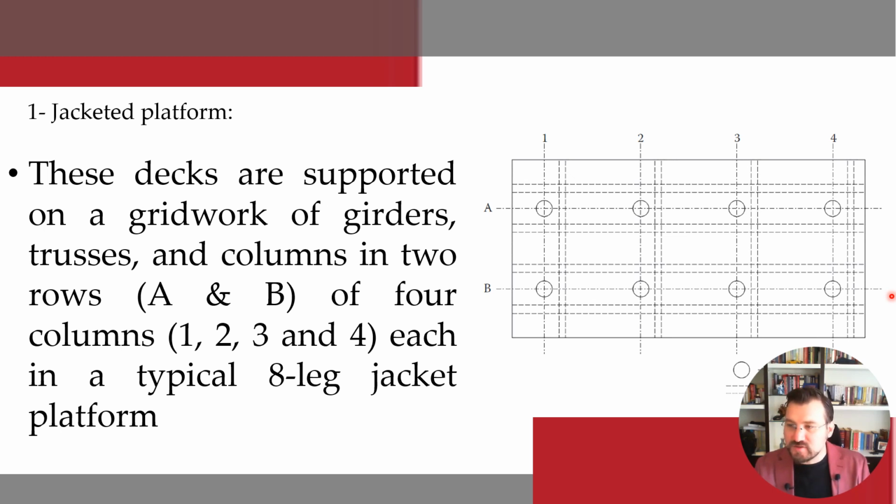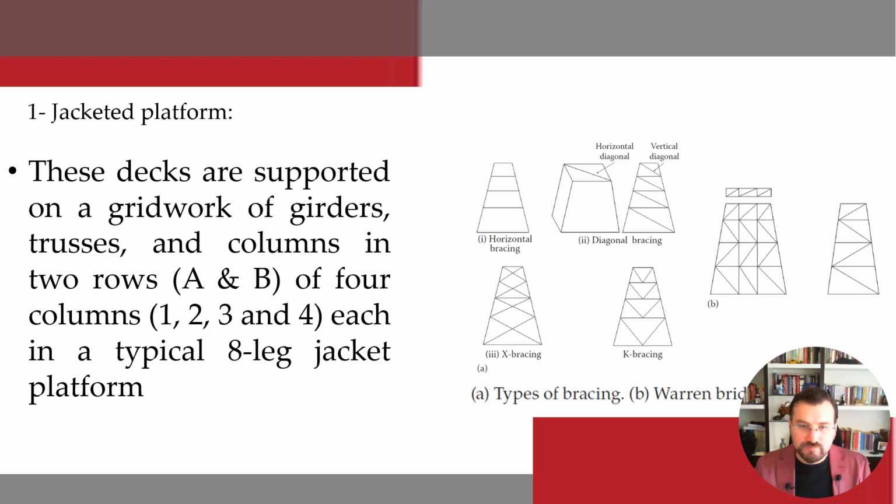So the bottom ends of the deck columns are joined with the piles which protrude from the jacket legs after being driven through them. So this is the main structure of this type of platform. The jacket actually consists commonly of 8 large diameter tubular legs,